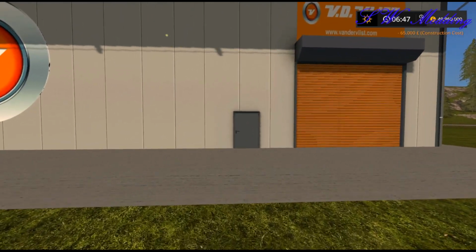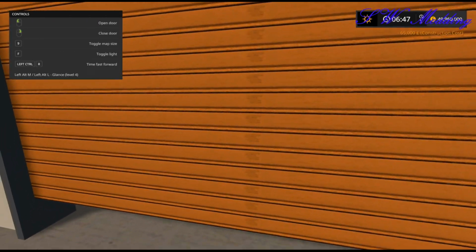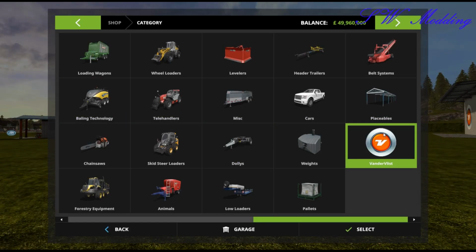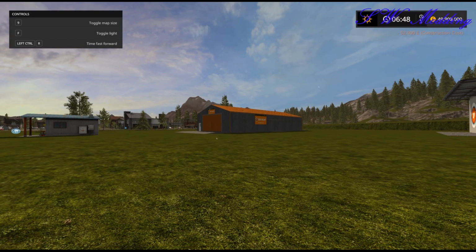So if we come over to here, this one does work as a placeable. We have all of our information for opening the door, closing the door, all the other stuff there. Fantastic. So if I now go back into the store here and purchase the other building, and we'll just place that somewhere over there, like so,